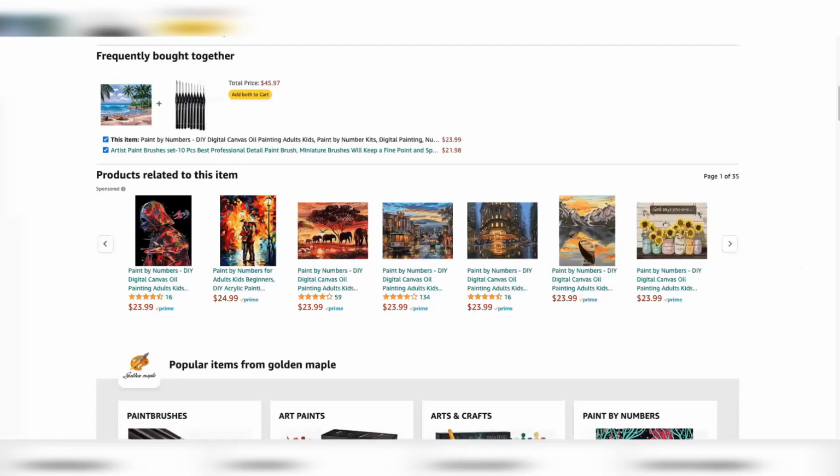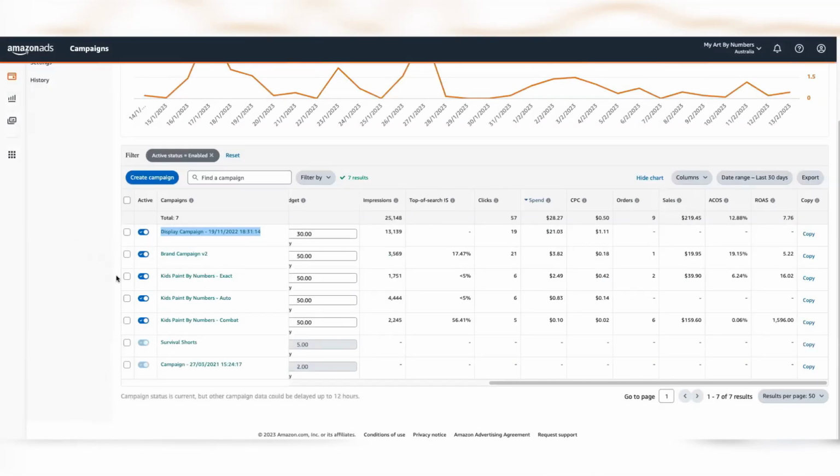So that's that one. And then the other thing that I wanted to go over quickly was adding negative keywords. This is really important, especially if your ACOS is high. This is something that you want to do straight away after this call. Go and do it. It's a really common thing that I find a lot of people aren't doing. So when do I need to be adding negative keywords? If you're running auto campaigns, phrase match campaigns, and broad match campaigns, we want to be having a look at the search term report